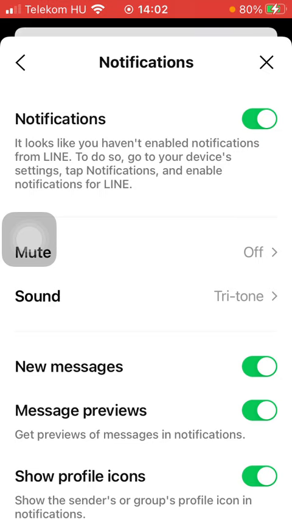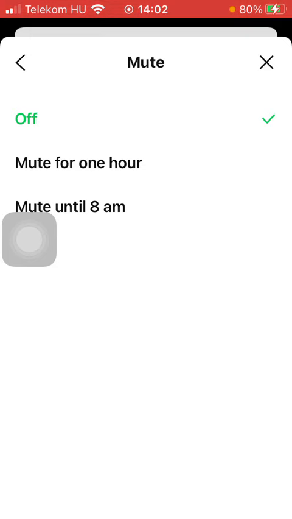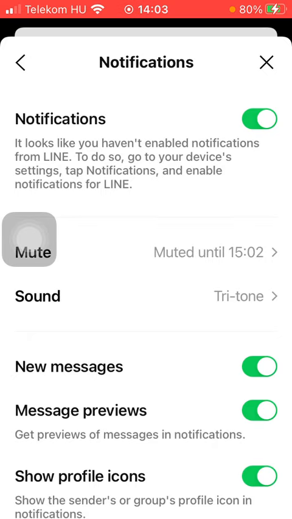Here you can find the mute option, which is the second one, so click on it and here you can select the off option, which will disable notifications completely, or you can select the mute for 1 hour or mute until 8 AM options as well. All you have to do is clicking on the relevant one and then it will be updated automatically. So basically that's